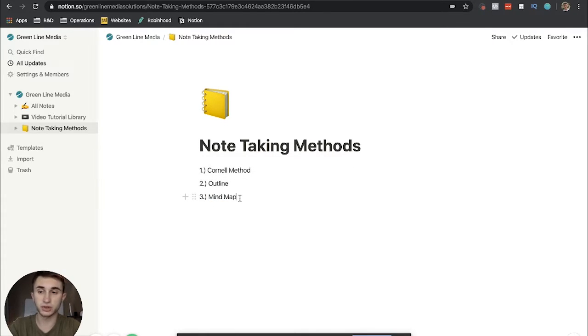And then at the end, I'm also going to show you my note-taking database, where I store all of these notes and I can easily search them at any time. All right, so let's get right into it. First and foremost, the Cornell method. So in Cornell note-taking, there are 3 sections. If you're familiar with this, you probably already know this, but let me show you how to set this up